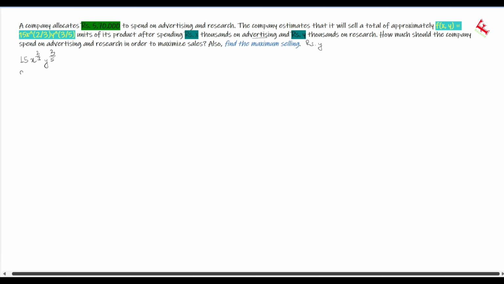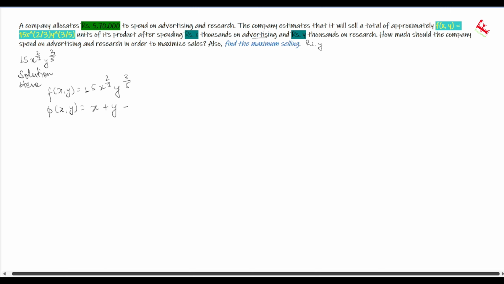Okay, the solution goes like this. The function is given as f(x, y) = 15x^(2/3) y^(3/5). And we'll assume another function phi(x, y) as x plus y, means the amount. That means we are going to spend x on advertising and y on research in thousand, and then